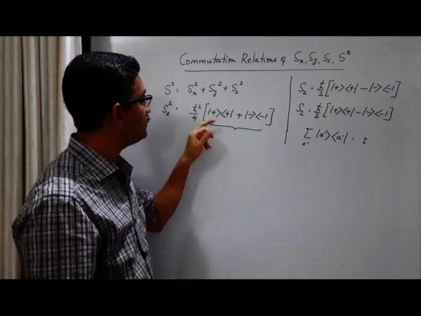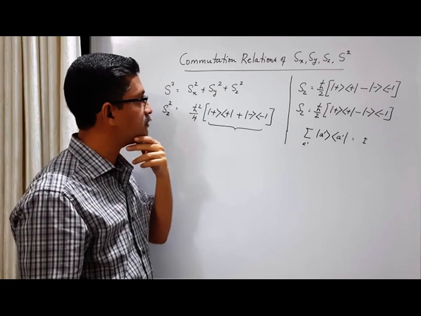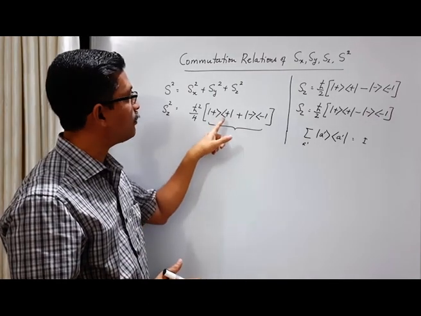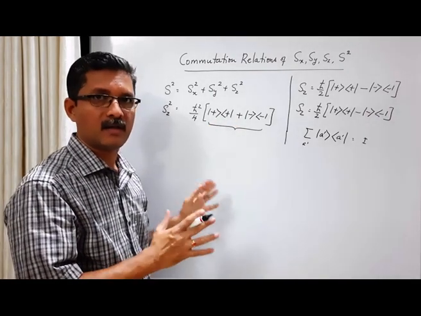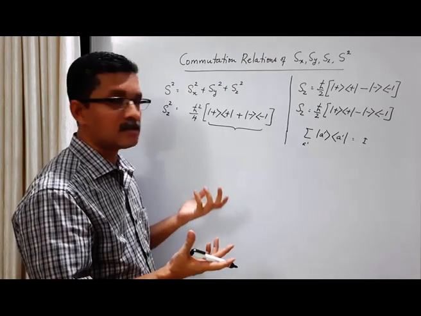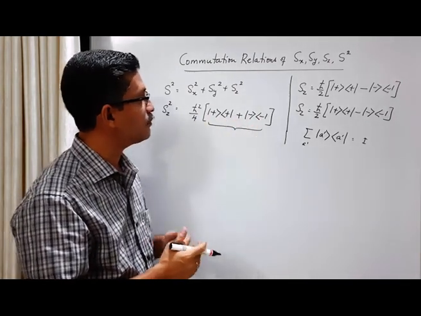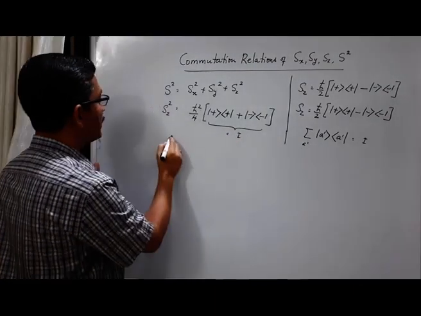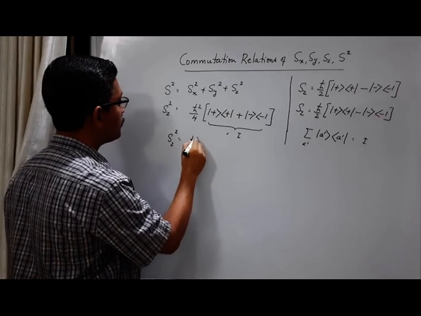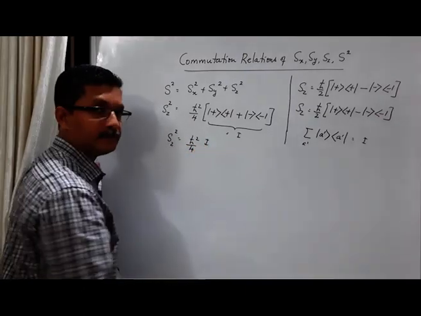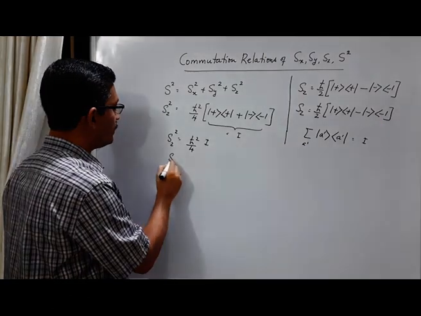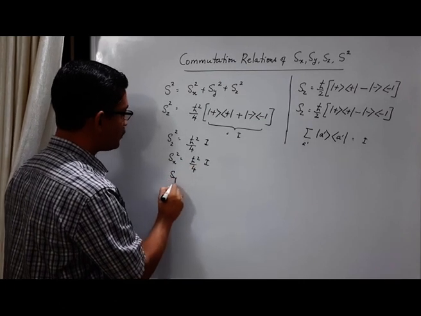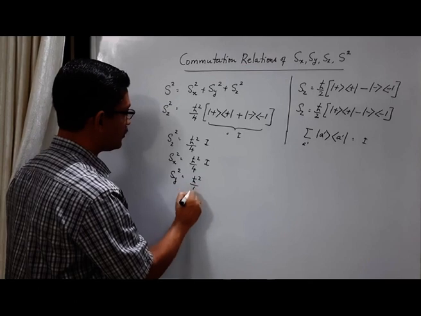And here, for this particular spin half system, the vector space is two-dimensional. So there are only two base kets, and this ket plus and ket minus are eigenkets of Sz operator, a Hermitian operator. So they can be considered as the base kets. So this is the completeness condition for these base kets, and this should be equal to identity operator. Okay, so Sz square is h cross square by 4 times identity operator. Now similarly, you can show that Sx square is also h cross square by 4 times identity. Sy square is h cross square by 4 times identity.